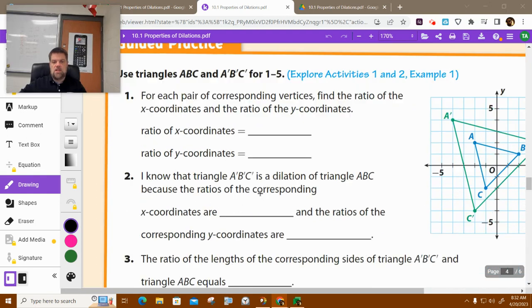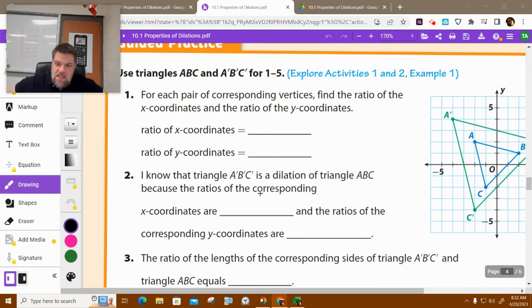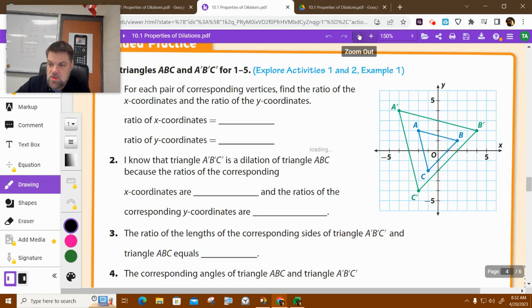All right, so it says use the triangles ABC and A prime, B prime, C prime for this activity. And let me zoom out a little bit. It says for each pair of corresponding vertices, find the ratio of the x coordinates and the ratio of the y coordinates. So what they mean by that is,